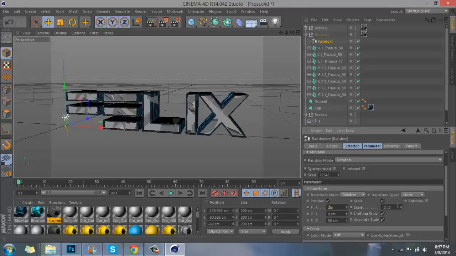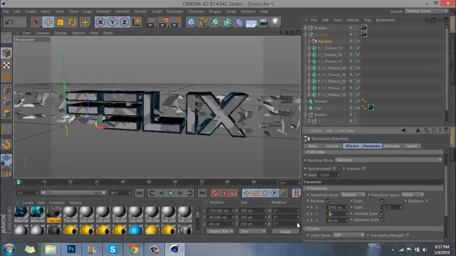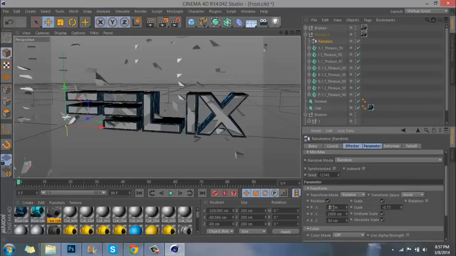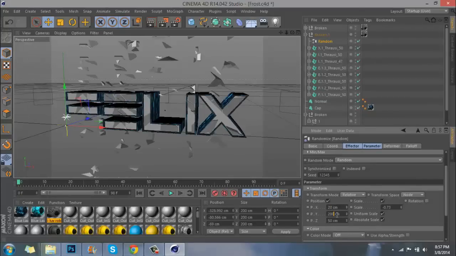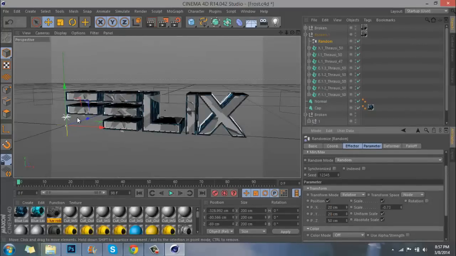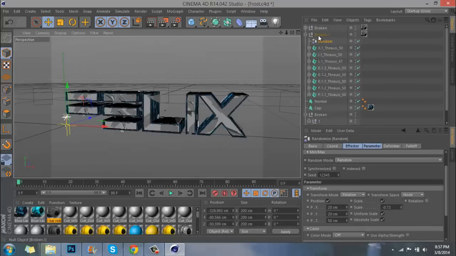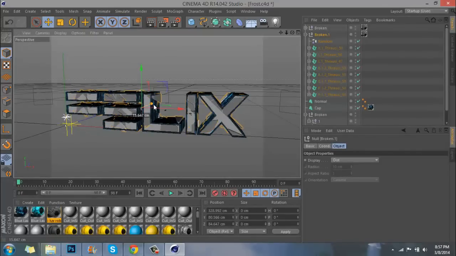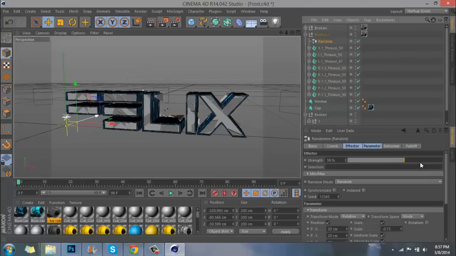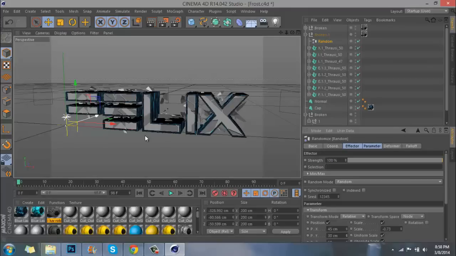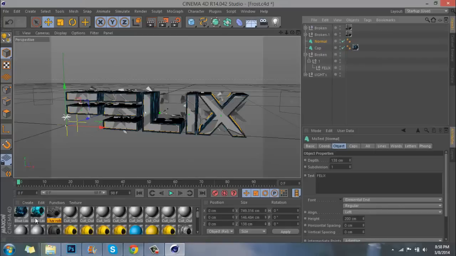Whoops. 20 and 20. Whoops, I didn't mean 2000. There we go. And then we get something like that, and we can bring the thing back for a different look. I might actually bring these two numbers up a little bit, like so. And I normally use those textures, and then for normal I will go to the normal blue lava,